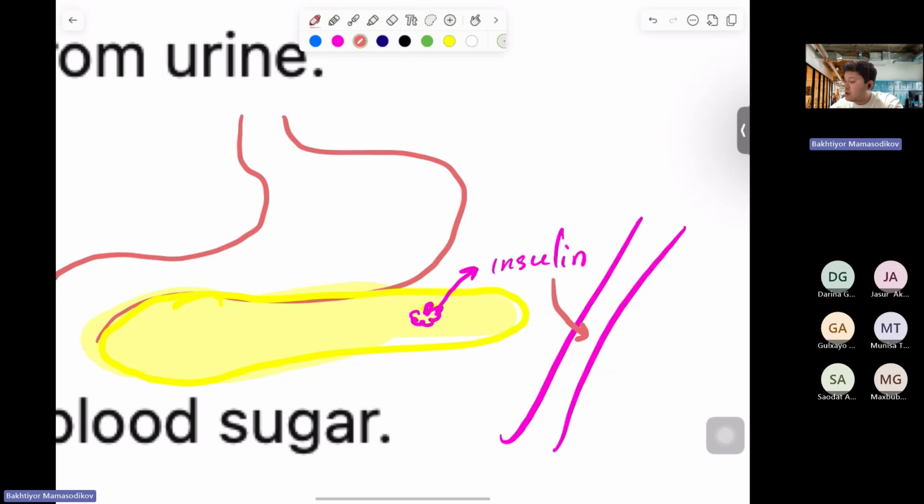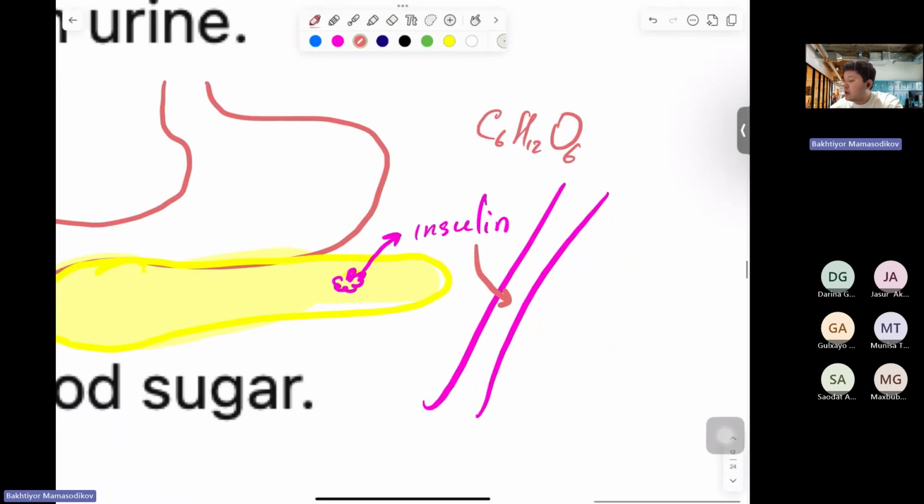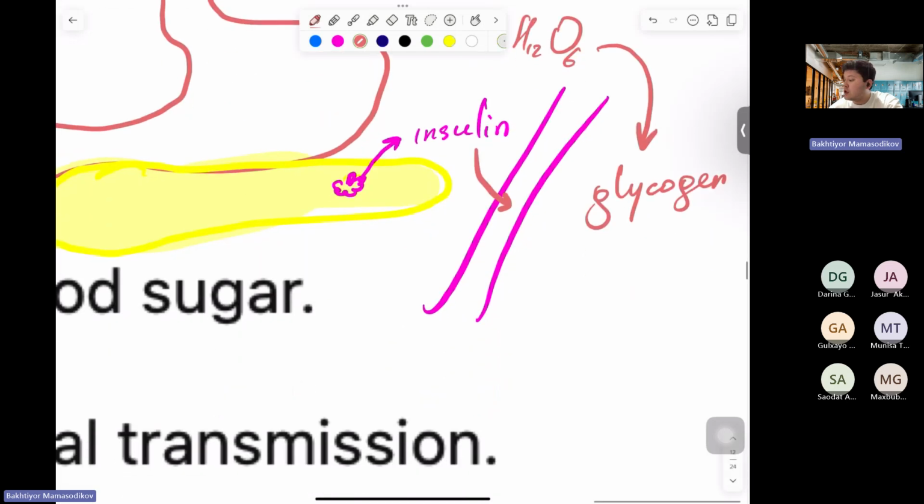So the function of the insulin: when you eat, you release the glucose, and this glucose molecule will be converted into glycogen for further usage. For example, you eat a lot, you have a lot of glucose molecules in the blood, and what this organism is going to do, it's going to preserve this glucose molecule for further usage. For example, when you eat a lot in the morning during fasting, what the body is going to do,